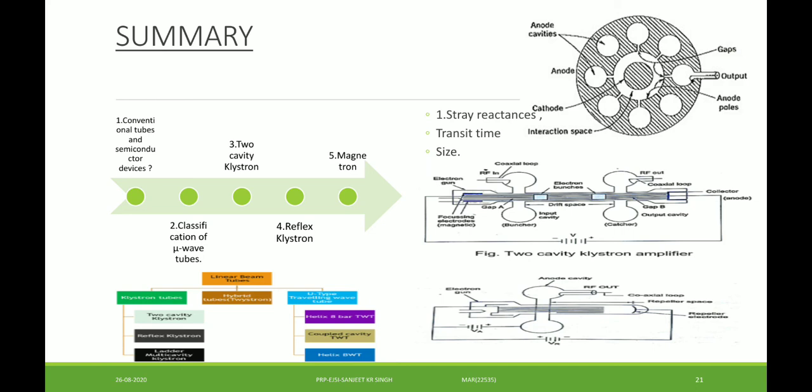Then the magnetron is basically a combination of the anode cathode structure like the diodes, with a permanent magnet, and the interaction of the electric and the magnetic field results in making the electron radiated from the cathode go several rounds before it reaches the anode, so that makes the cavities resonate, and the resonated microwave signal can be taken out from any of the cavities.